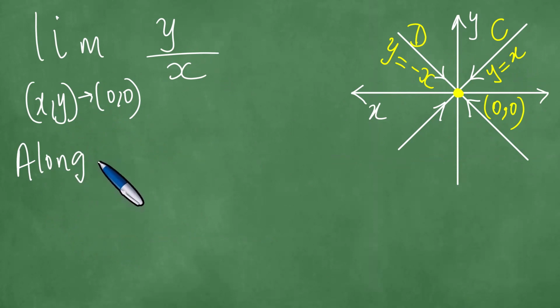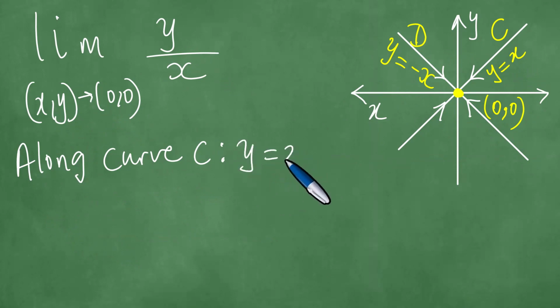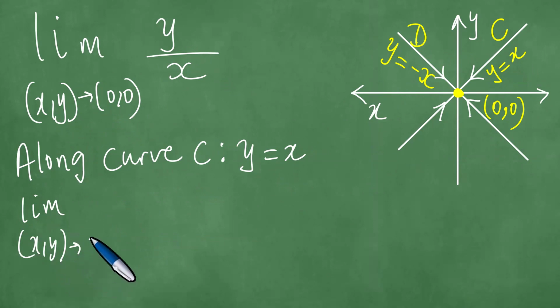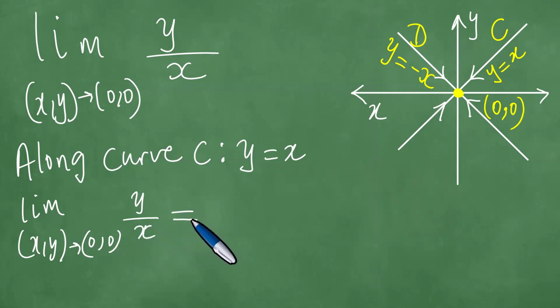Right. So we're going to approach the origin along curve C. And what is curve C? Curve C is y equals x. So that we have here the limit as x and y tend to 0 and 0 of y over x. And this is equal to,